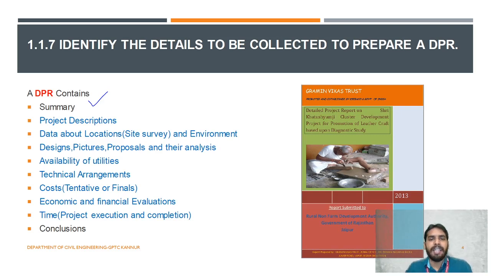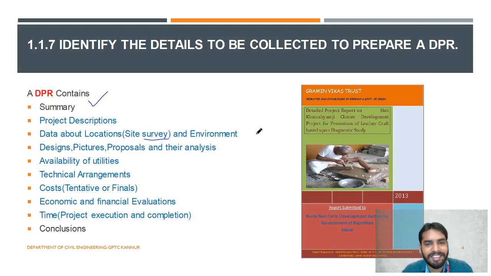Okay. Then the data about locations and environment. You would have studied the survey part, survey 1, survey 2, survey 3, and gone through those phases. Then data about the location has to be collected. What type of stratum is it? What type of topography? Is it a hilly topography? What are the levels? They go to the site, use the total station, take the levels and plot them. What about the environment? What type of building is it? Is it located in a hazardous place? All those things may be included in data about the location and environment, right?